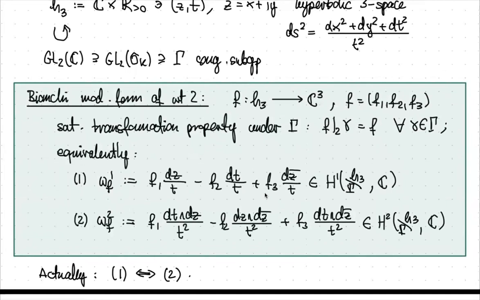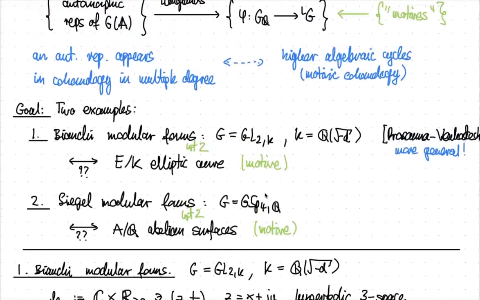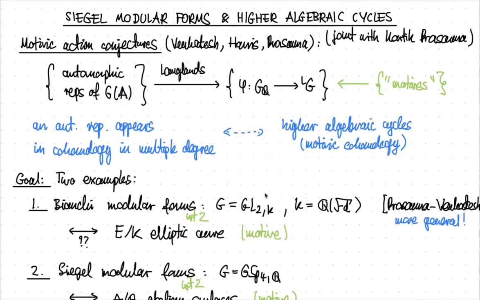Okay, so you immediately observe this phenomenon that there are two different classes you can write down associated to the Bianchi modular form. I can put these differential forms on it, or those differential forms, and somehow I got two different classes this way. Now, when I started the talk, I maybe started with the Langlands program. And so we should figure out how these Bianchi modular forms fit within the Langlands program.